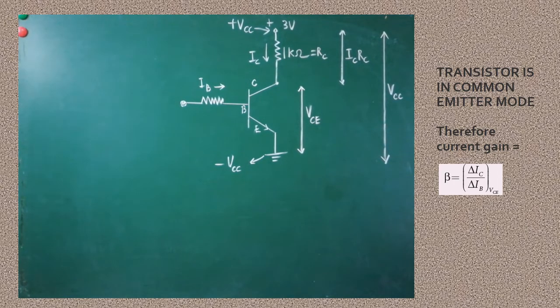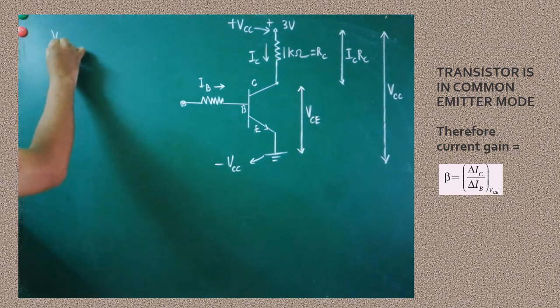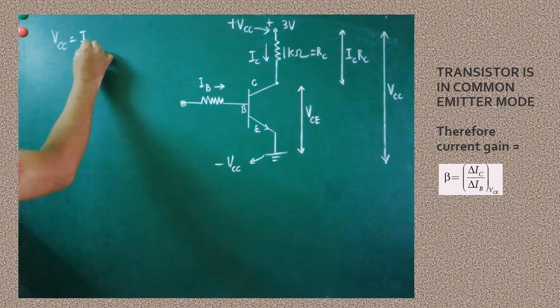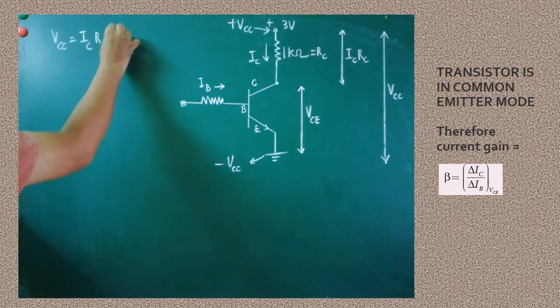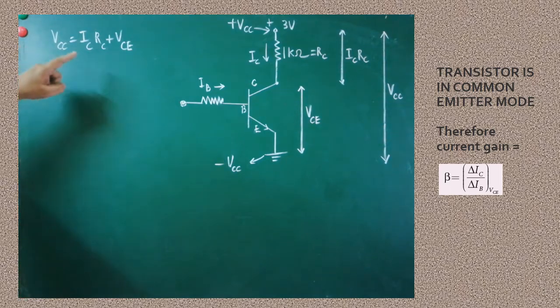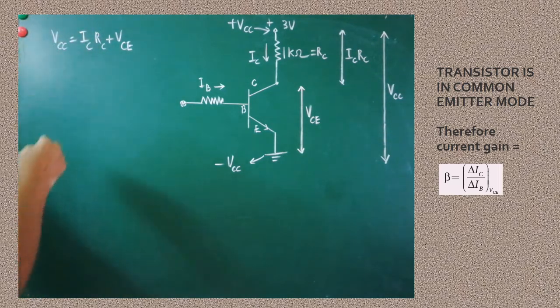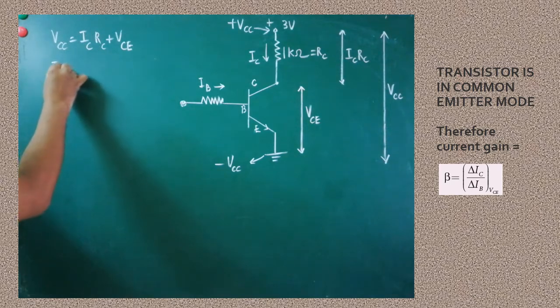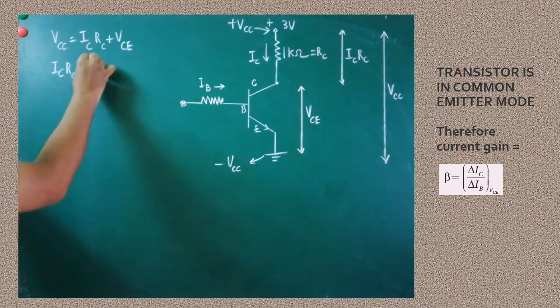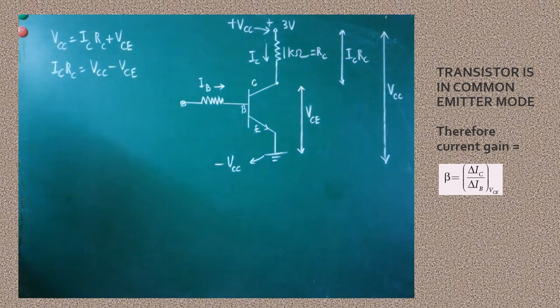Okay. Now I am going to solve the problem step by step, follow that. What I said, from the figure we can say that VCC is equal to ICRC plus VCE. So this is the formula. Here you are asked to calculate the base current, are you clear, to drive the transistor. So first we have to calculate IC. How to calculate IC? Keep IC on one side. ICRC is equal to VCC minus VCE. So in that format the formula can be written.